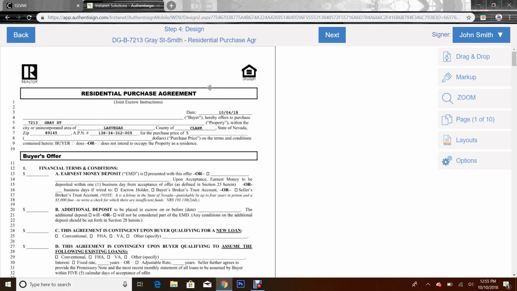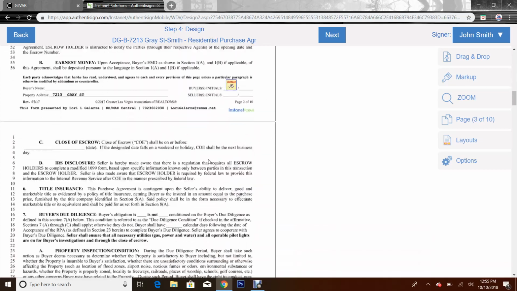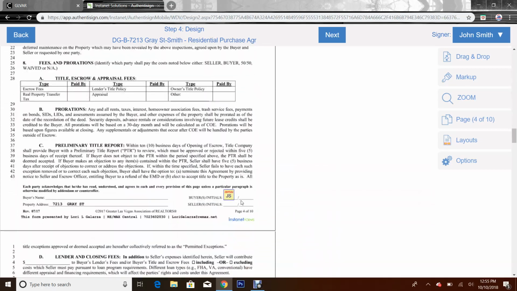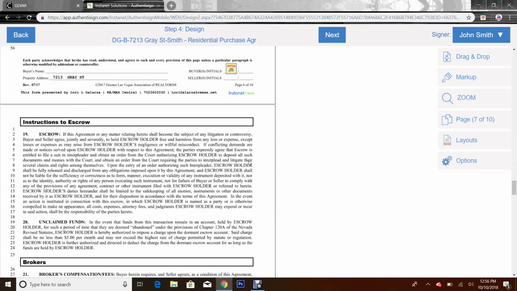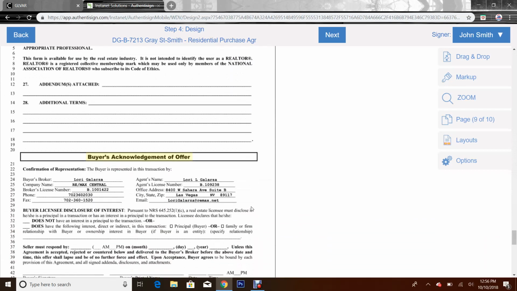So after we access a form, in this case it'll be the residential purchase agreement, and before we send it to our client, we have the option to add in necessary boxes and indicators. Most of these will already be in just because of the way it's been set up. So like the initial boxes will already be here on every page and so on and so forth. But for the sake of this video, I deleted some to show you just in case you do need to